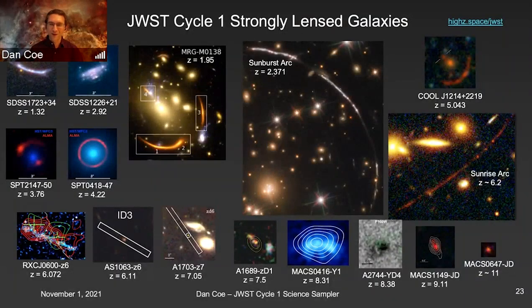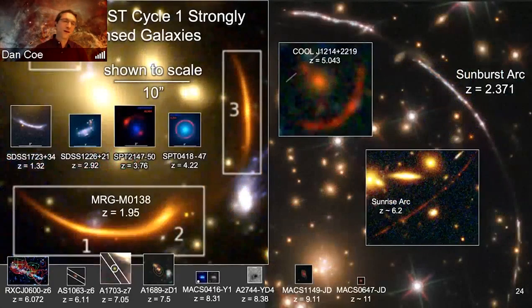Of course, there are many other galaxies that are going to be observed by James Webb, and I made this compilation of strongly lensed galaxies that I could find. Apologies if I missed any, but this is obviously very exciting that we're going to be able to see all these details in these strongly lensed galaxies. And I also redid this same figure. I put all the galaxies to scale, and so now you can see, this is the size. You'll see all of these on the sky. This redshift 11 galaxy, very small. And then some of these other galaxies are lensed and magnified to be much bigger, so that we're able to